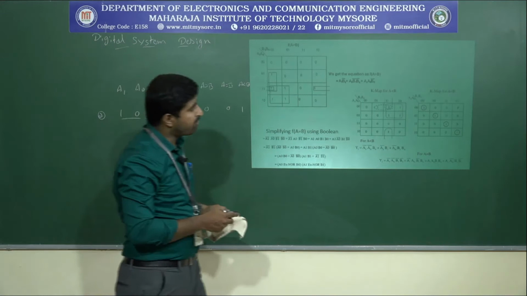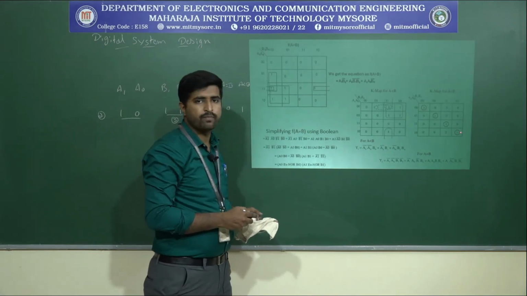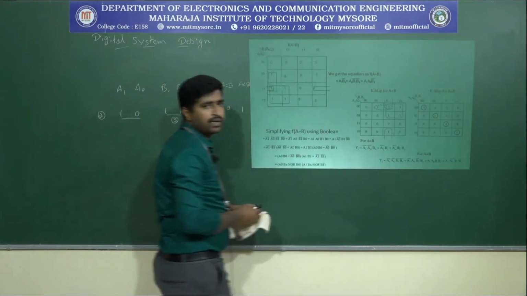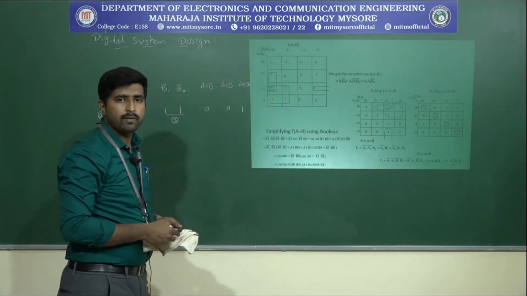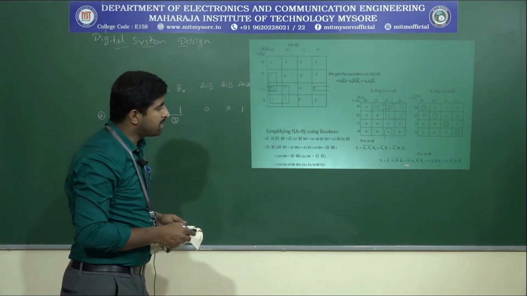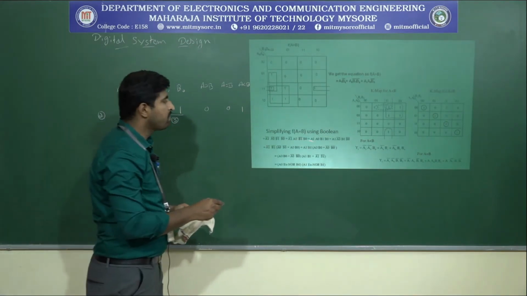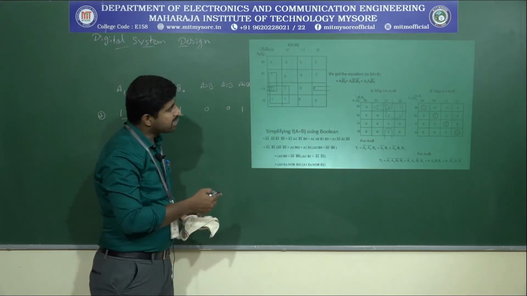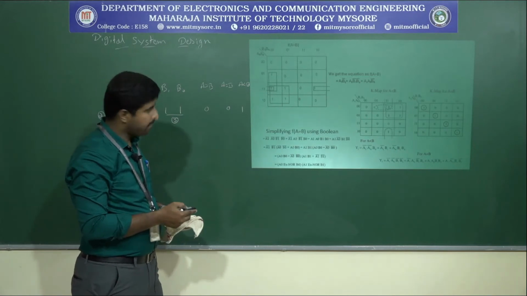Similarly, if you apply the K-map for A equals B, we won't get any simplification here because we are not able to group the logical ones, as there are no adjacent ones. So we get the same canonical expression. But we can simplify that by using Boolean theorems. So by using the Boolean theorems, we got the simplified expression. Now let's have the logic circuit diagram corresponding to these equations.